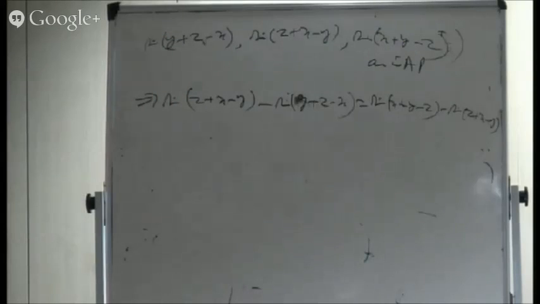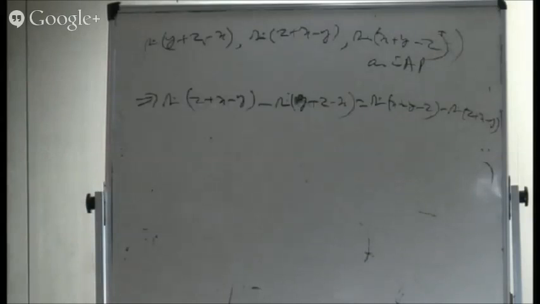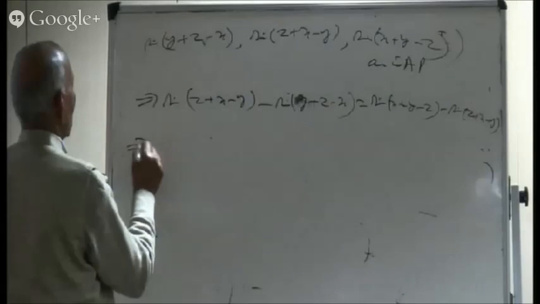Now, what is the formula for this? sin C minus sin D, or sin x minus sin y. What is that? It is twice cos of (C + D)/2 into sin of (C − D)/2. Is it right? So that is the formula. We need this formula. So this is equal to twice of